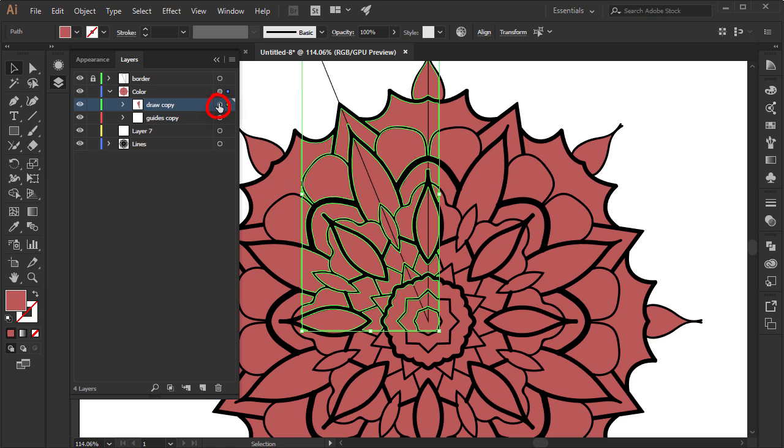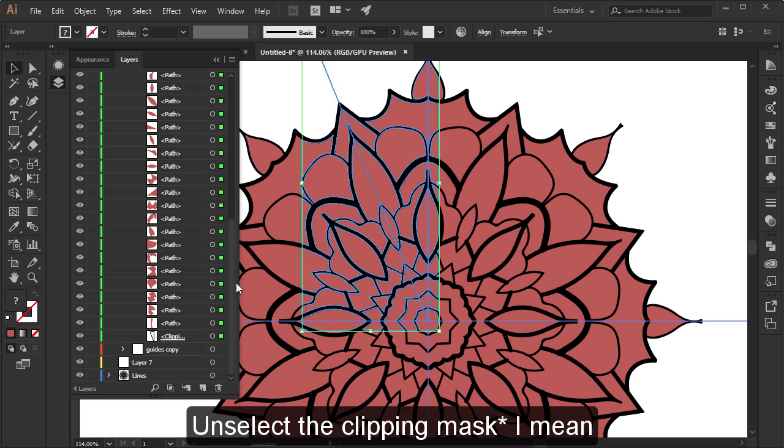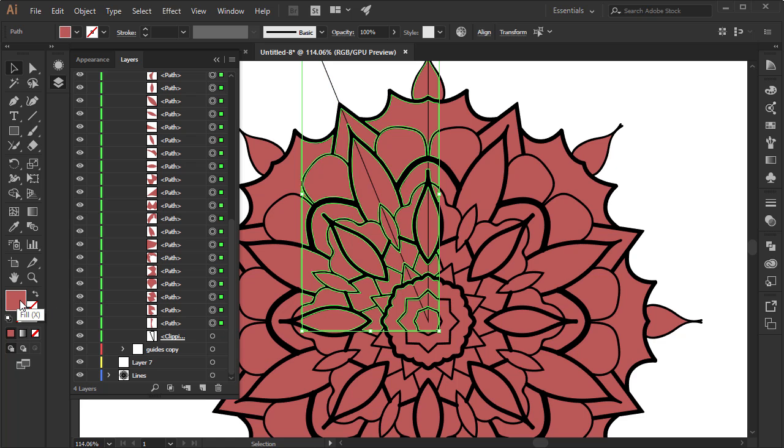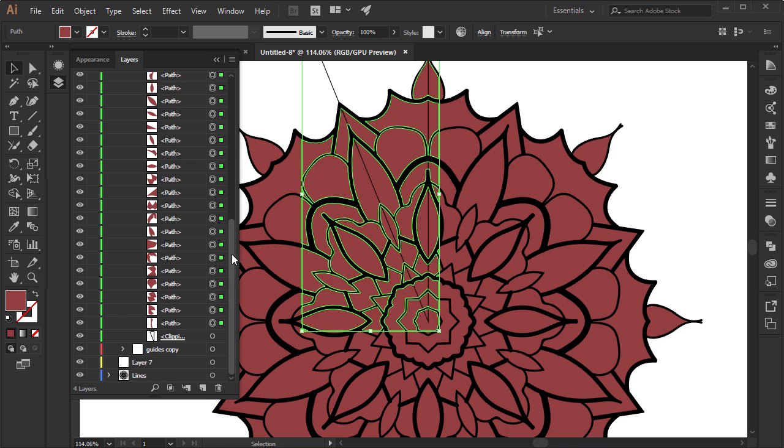Select this draw copy, uncheck this clipping mask, except that, hold your shift key, and then just add a color. Double click on this fill and then select the color. Alright, and now you have the color.